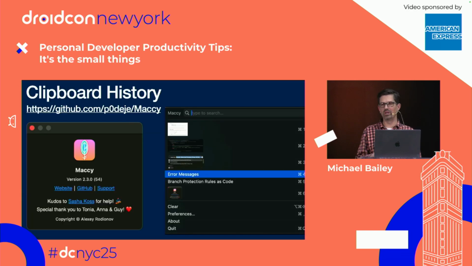Another one, clipboard history. Why this is not built in as an operating system feature, I don't know. I think it actually is built into Windows. I think Windows has this, but on Mac, it's not built in as a feature. So get some sort of tool that's operating system wide that levels up your copy and pasting, because that's what